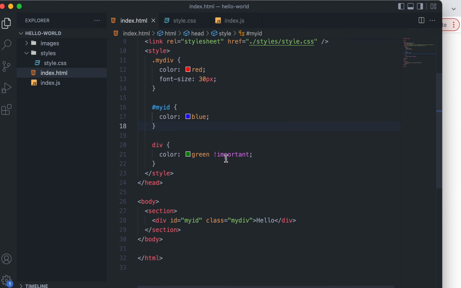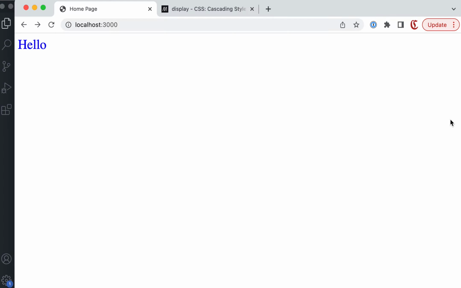Simply, wherever important is there, that will apply. However, as we earlier saw, if we duplicate this thing with some other color, then whatever is coming last with the same specificity, that thing will apply. Similarly, if I again use important here, then you see that here also you have marked important, here also you have marked important. Now whichever is the higher specificity important, that will take precedence, right? So here my div id selector is having higher precedence, and that's why now this will become blue. Okay.